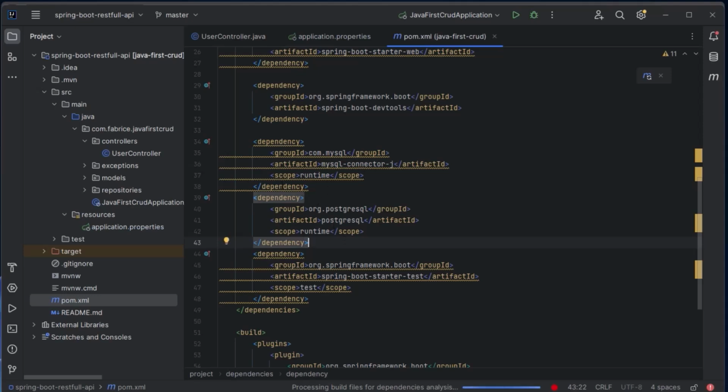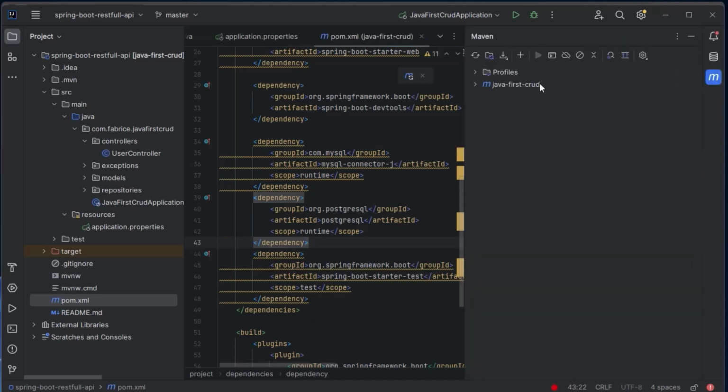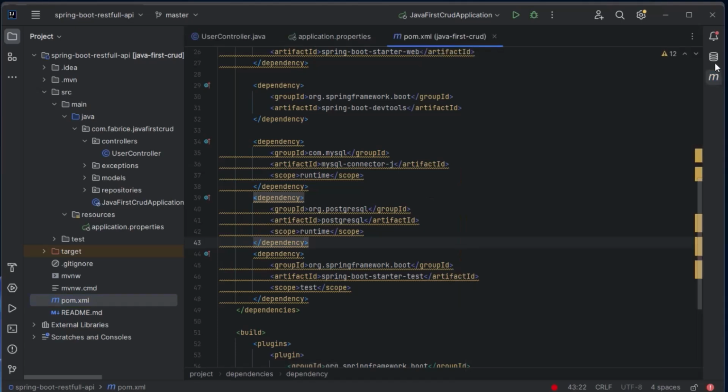Once you add a dependency to your pom.xml file, just make sure to click on this Maven icon and sync your project. Nice, our project has been synced and all the dependencies have been downloaded. Let's click on this Maven icon just to hide that sidebar.